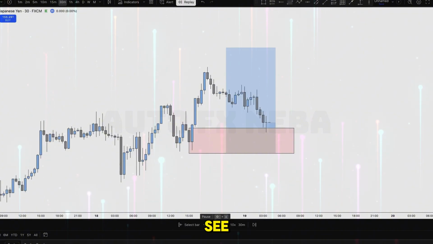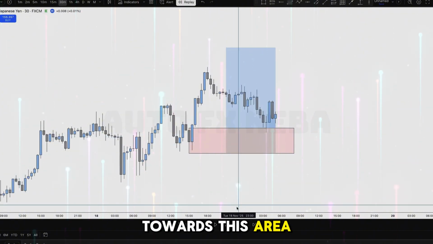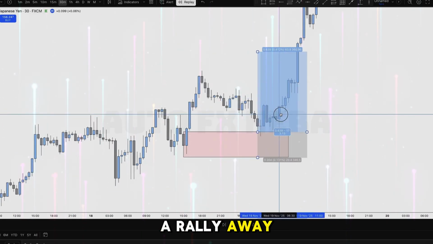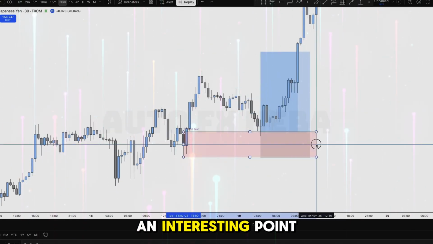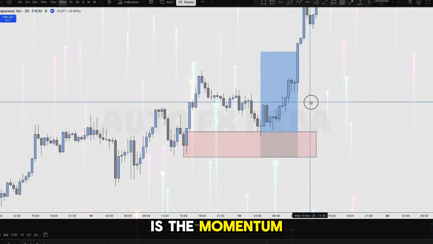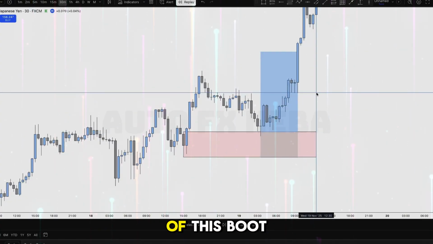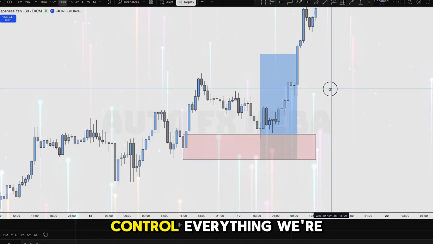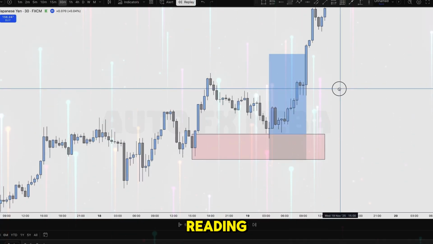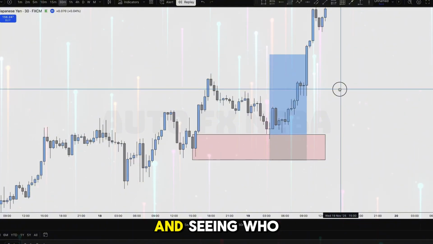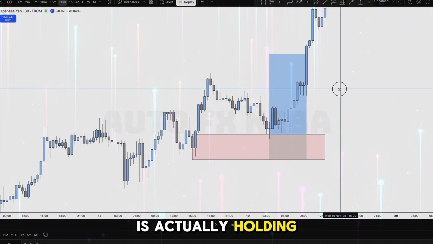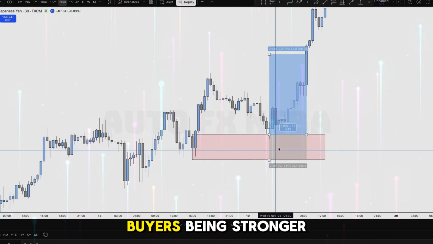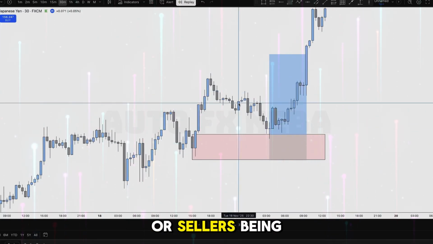And as you see, the market makes its movement back towards this area of demand. And then after tapping into the demand zone, has a rally away. Now, an important point here, an interesting point here, should I say, is the momentum as well. In class number 1 of this bootcamp, we talked very briefly about how momentum can indicate who's in control. Everything we're doing in the market is about reading control between buyers or sellers and seeing who is actually holding the most control over a market,